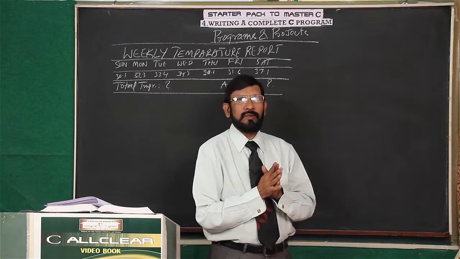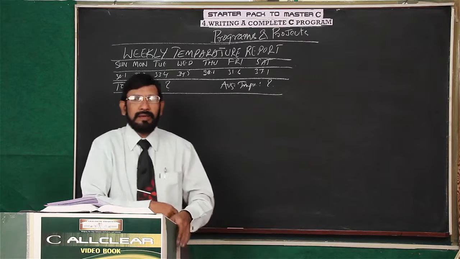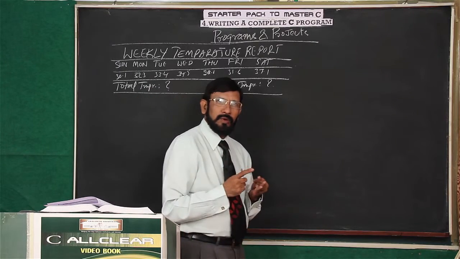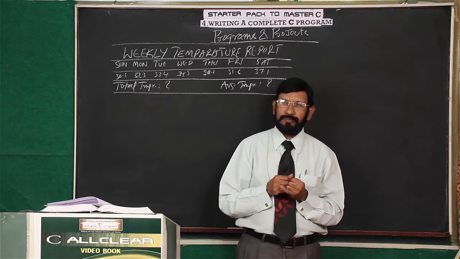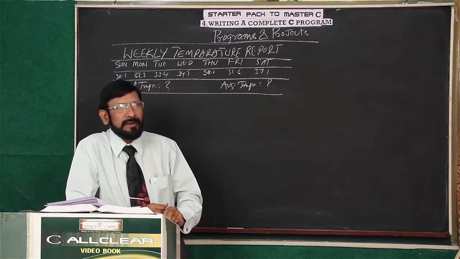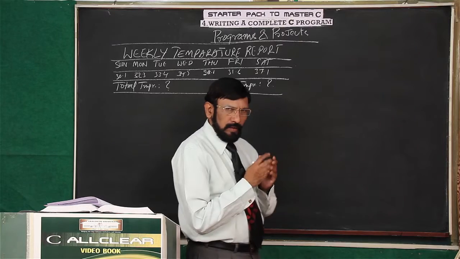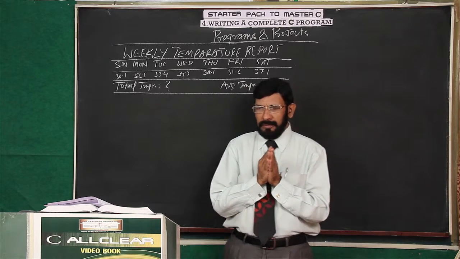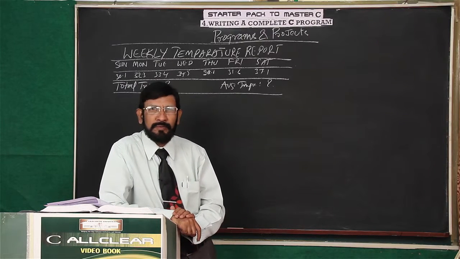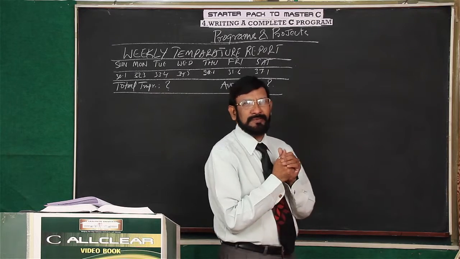So far, we have discussed all the elements relating to writing a complete C program: all the sections, declaration, input, process, and output. Now we have written a complete C program also. But so far, all the programs, around 50 programs I have given, are solved ones. Because they are solved, whenever you get a doubt, immediately you refer to my program.